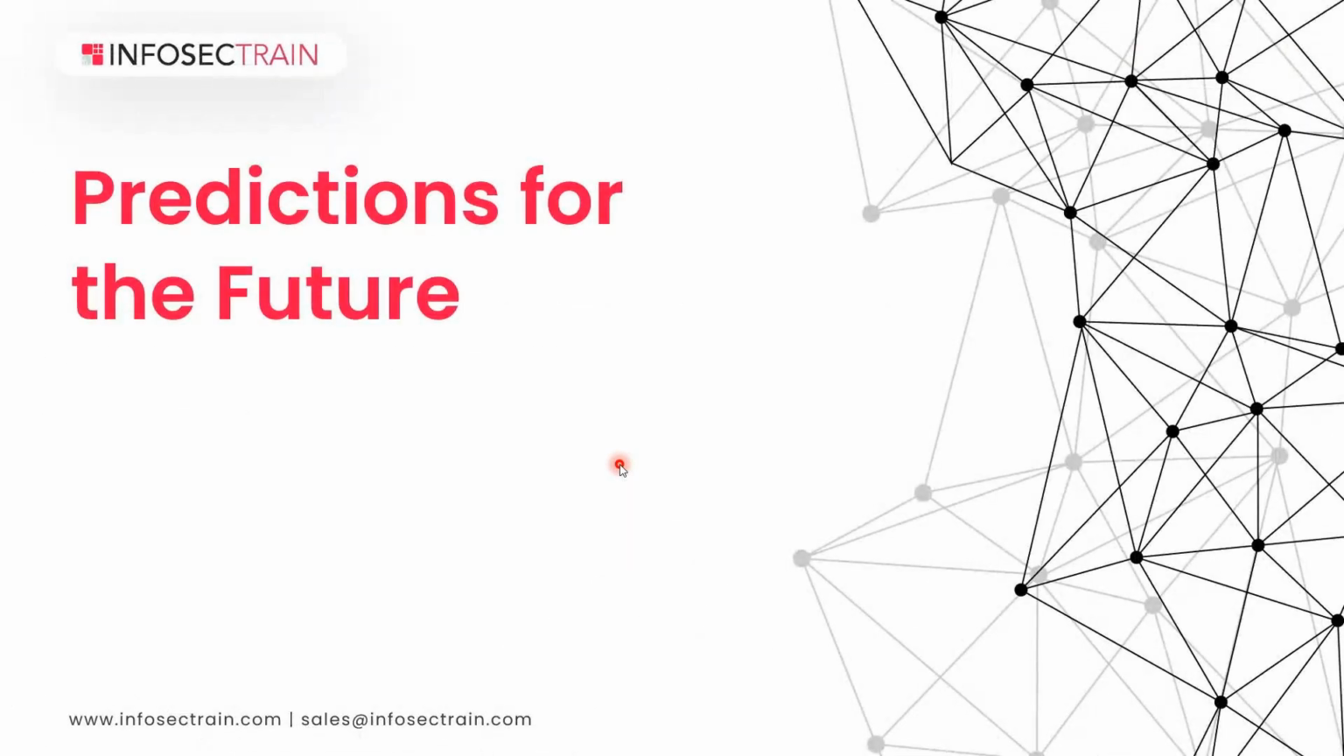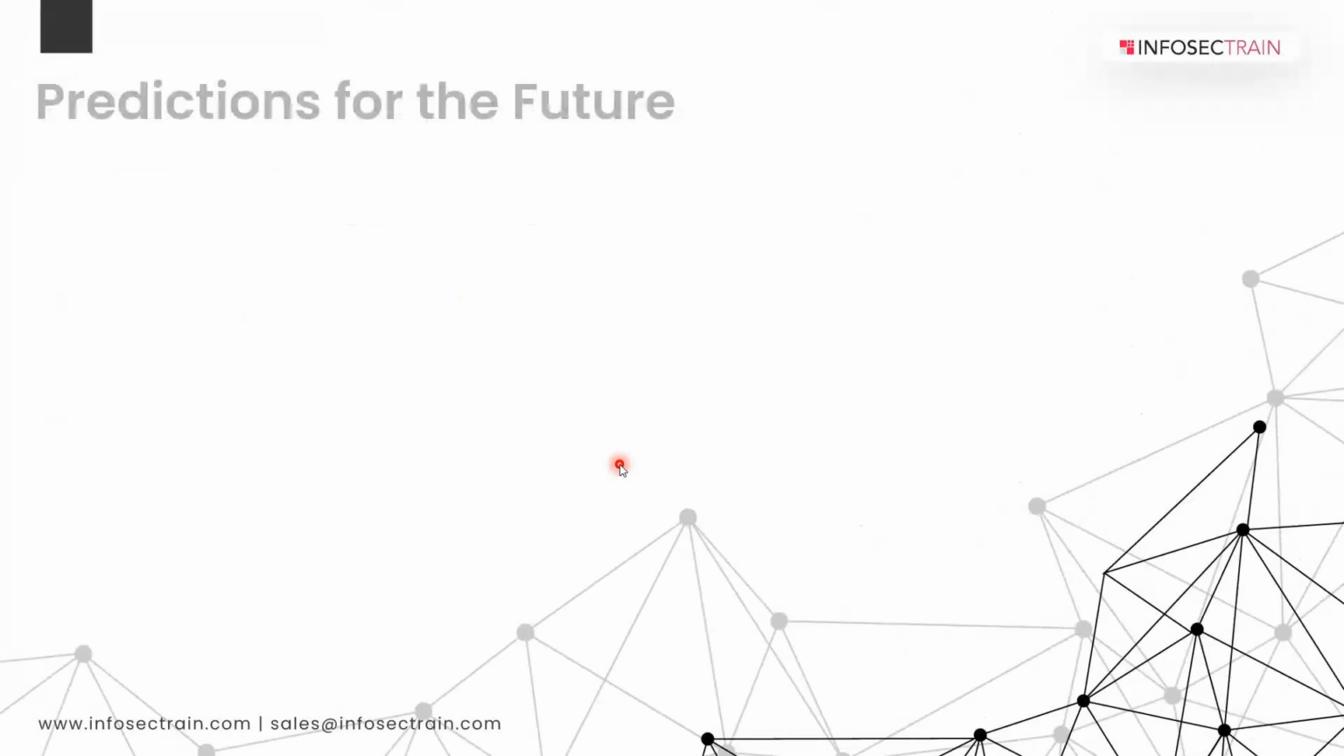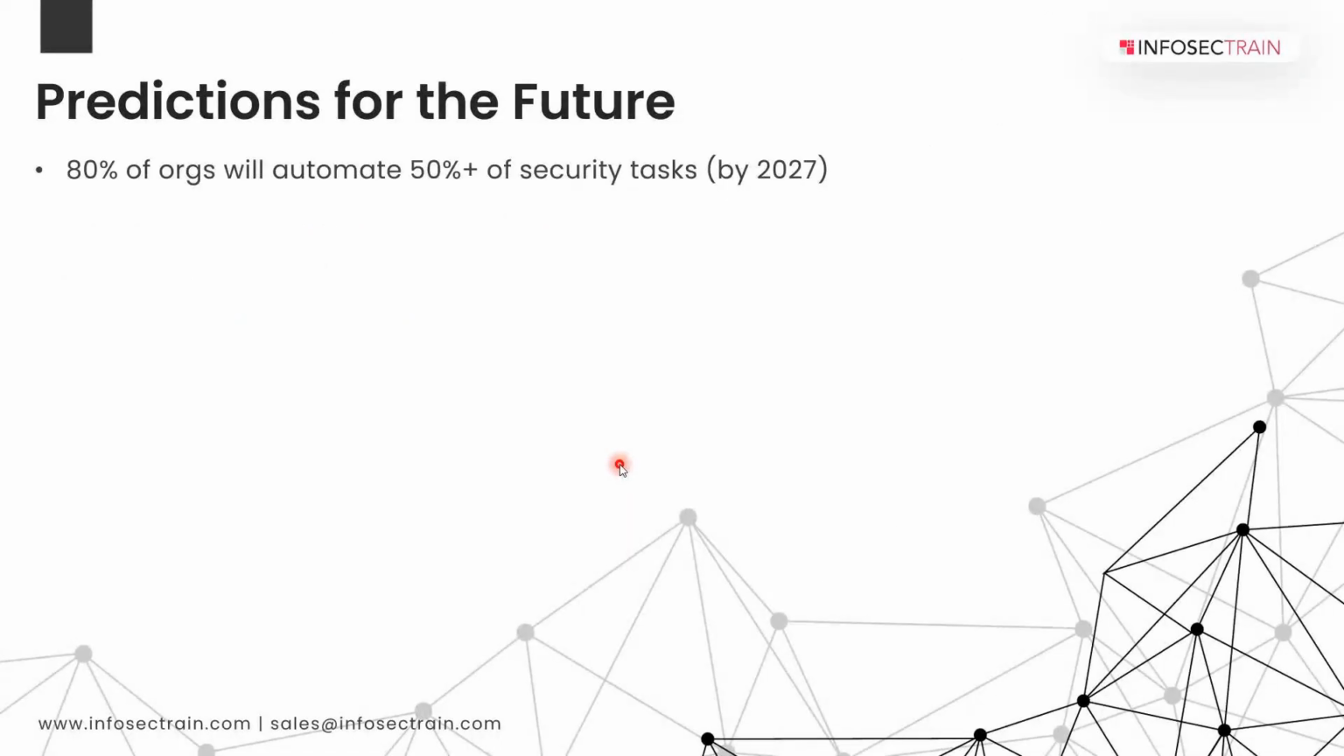And the predictions for the future, I would say: 80 percent of orgs will automate 50 percent plus of security tasks by 2027. So team, please understand the focus and the need for DevSecOps. Then we will have cybersecurity mesh architecture as we are moving towards microservices, and also as we are moving towards